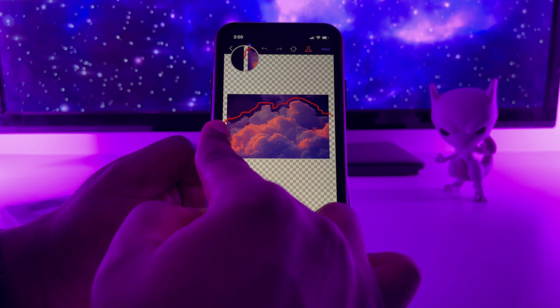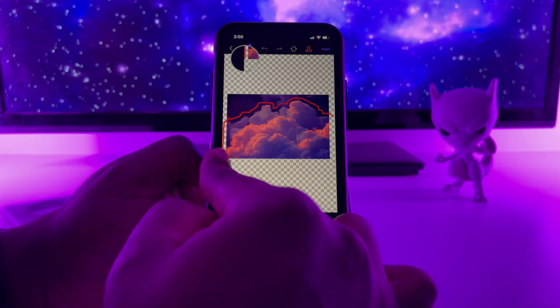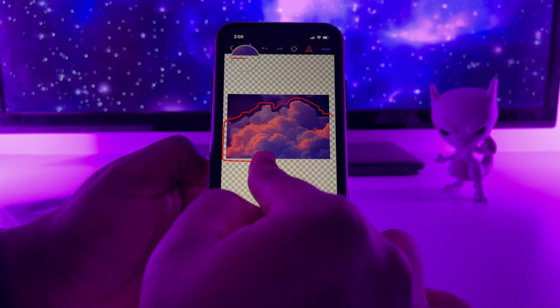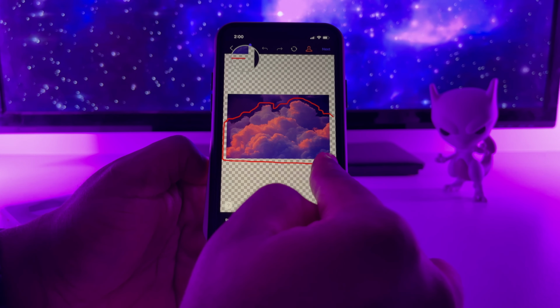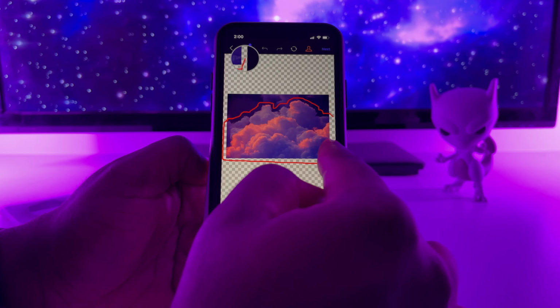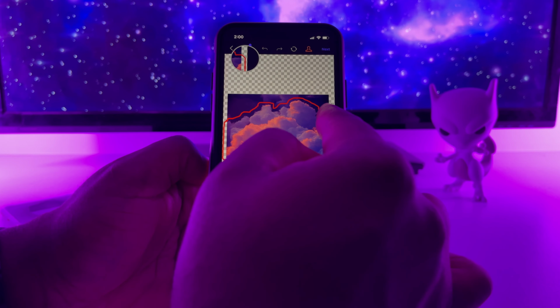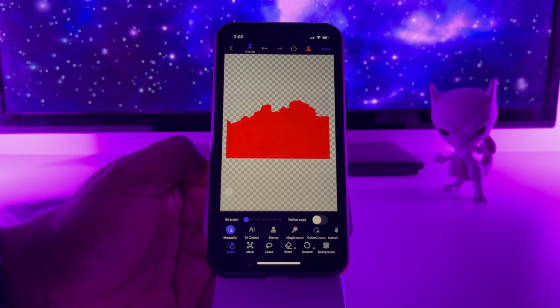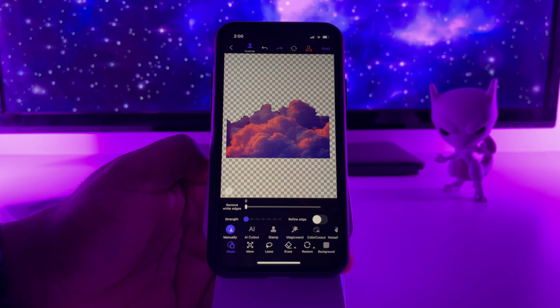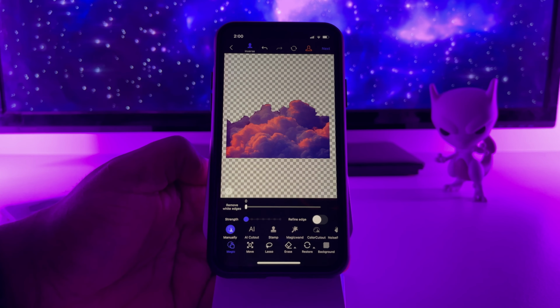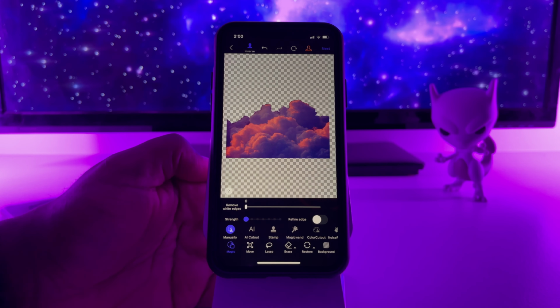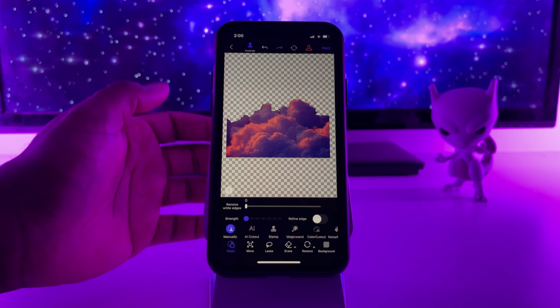So we go here. And we pinch the screen so that we can see every side of the cloud. So now that looks pretty good. That's actually what we want exactly. So we're going to hit the next,